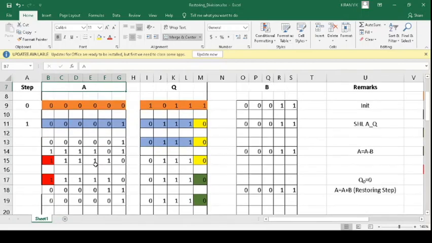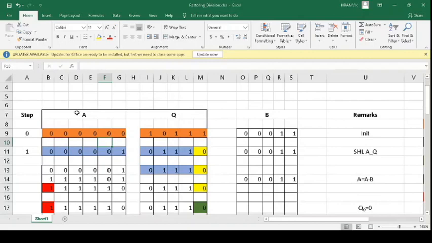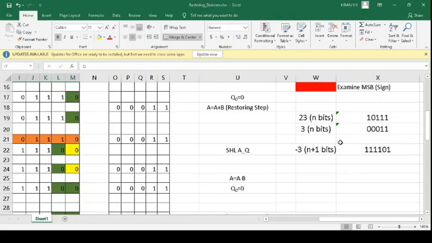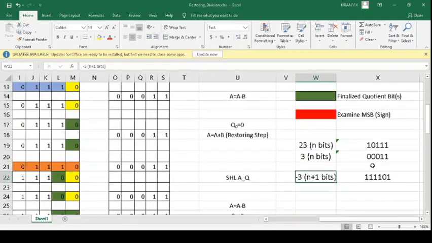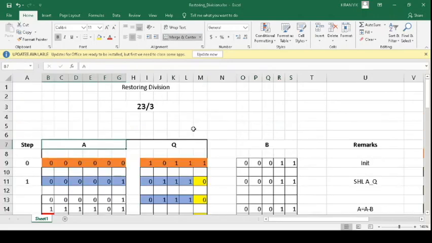Okay, not on Q. Even though we have the dividend in Q, the repeated subtraction is done on the A part, not on Q. So A is fixed as 6 bits. So the 2's complement representation of 3 or -3, even though it can be represented in 3 bits, actually needs to be represented in 6 bits. Okay, so we have finalized the field sizes for Q, B as well as A, and also we fixed how the 2's complement of the divisor needs to be represented.